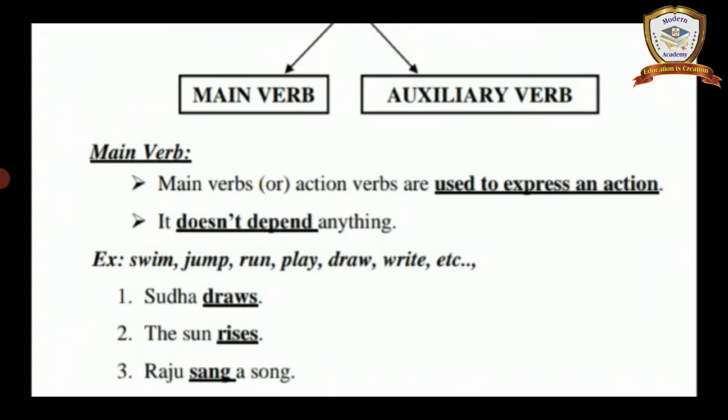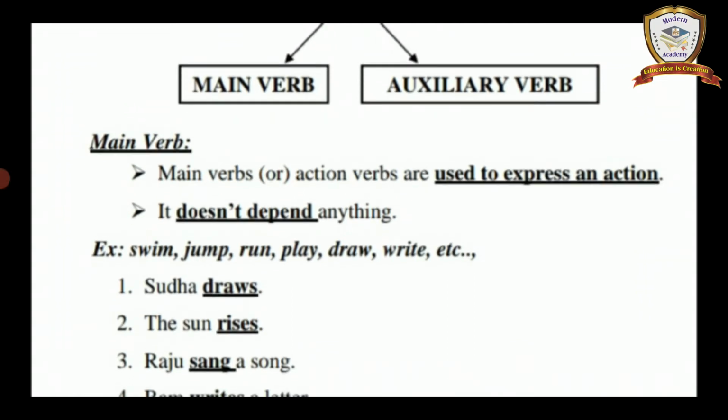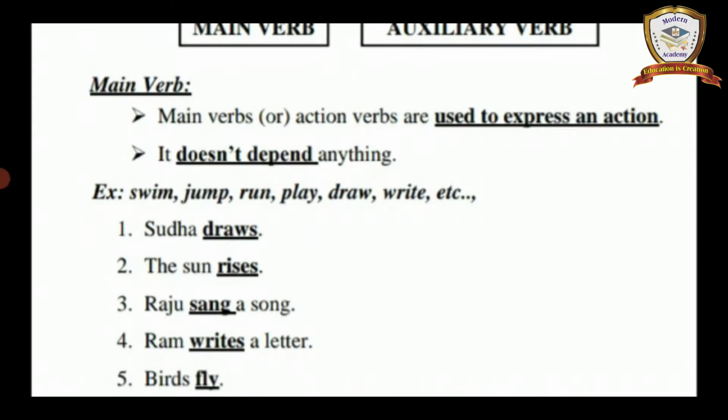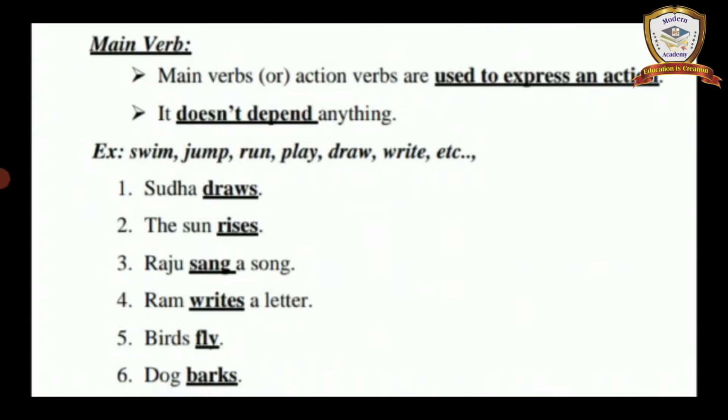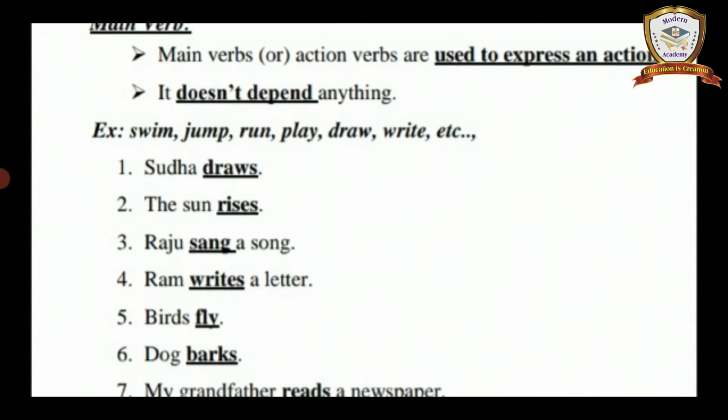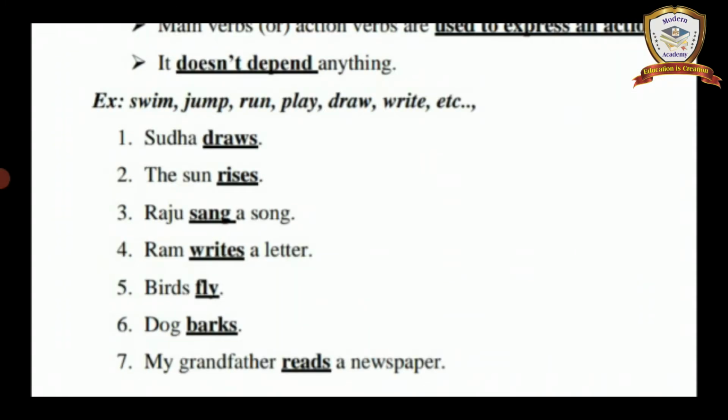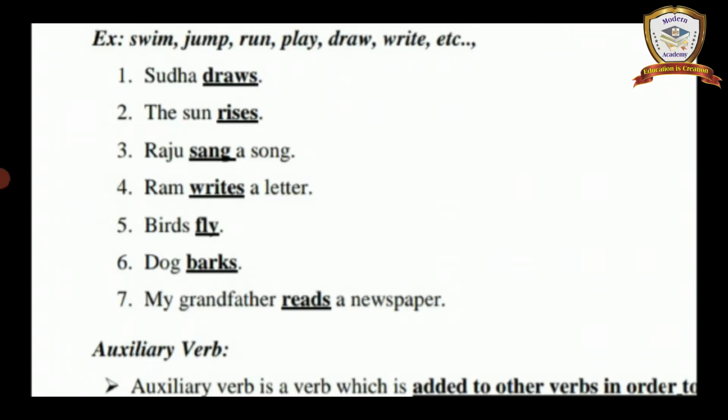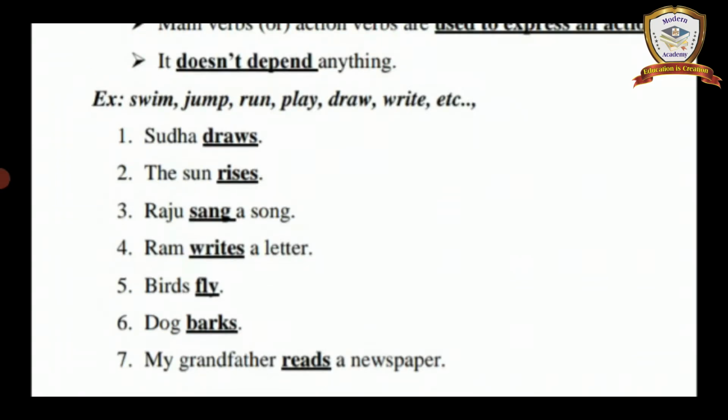Okay, here you see some of the examples they have given. Sudha draws, the sun rises, Raju sang a song, Ram writes a letter, birds fly, dog barks, my grandfather reads a newspaper. Like that they have given. Actually verb comes after the subject. It is the second word in a sentence. It is called